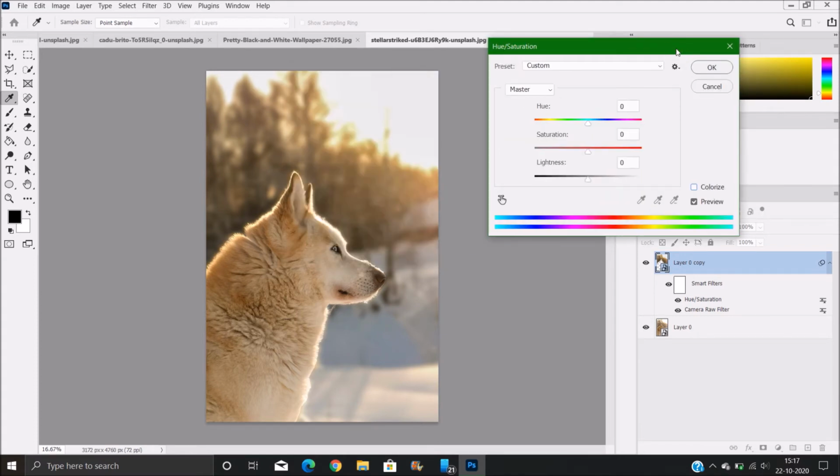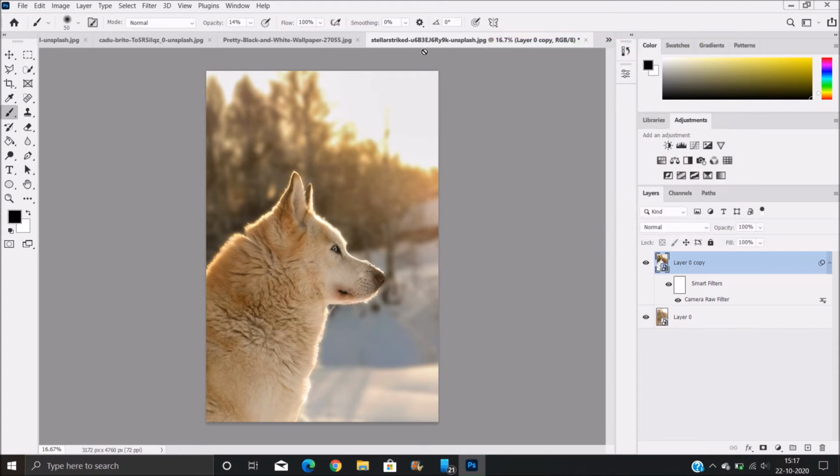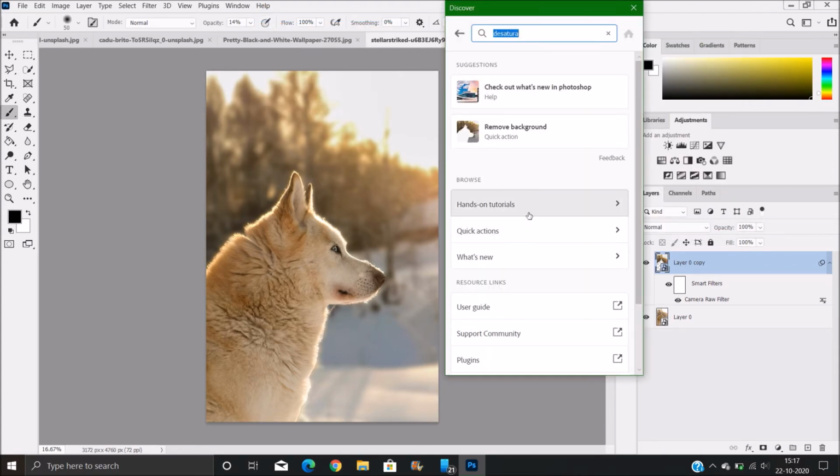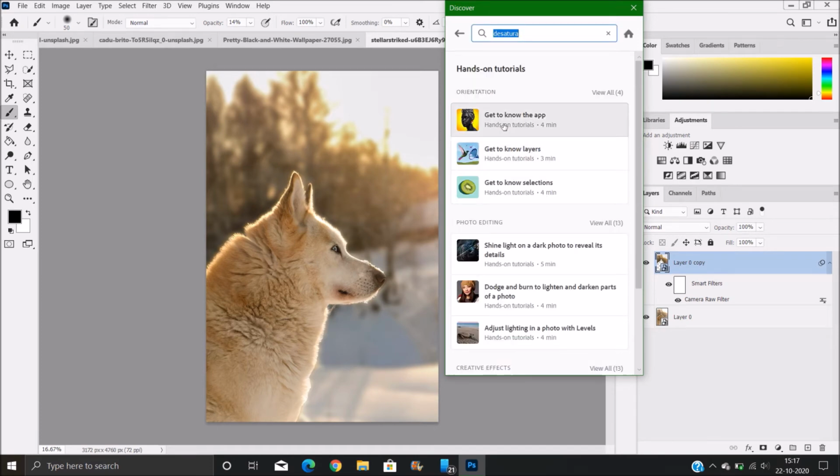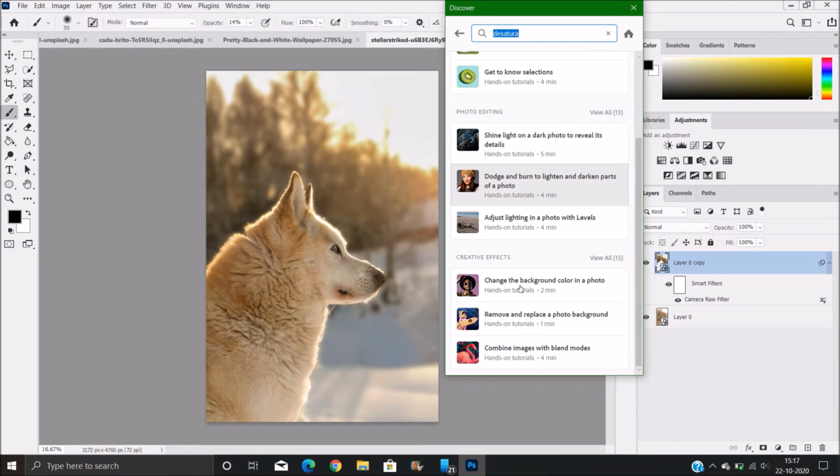And the Help panel also has some hands-on tutorials. There are several tutorials here. So let's say I want to remove the background color in a photo.